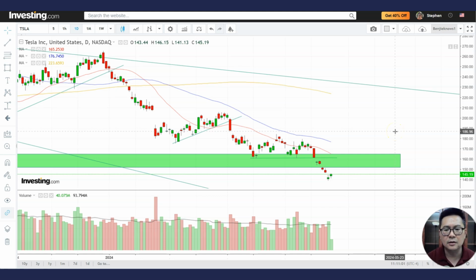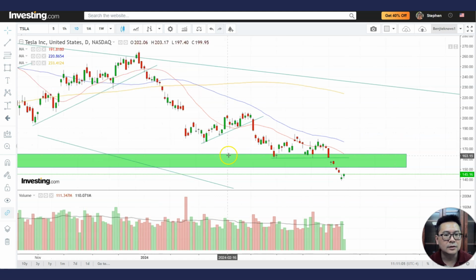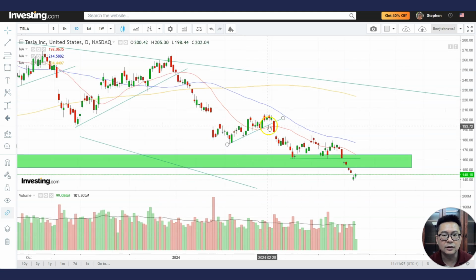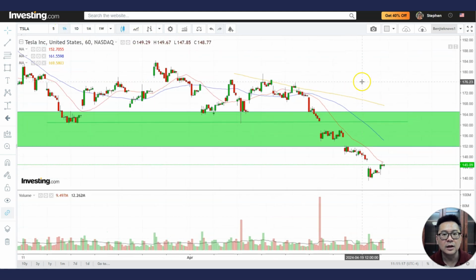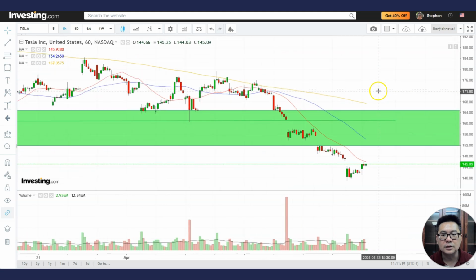Yes, you can buy it for short-term trades, or you can just short the stock, like here you can short it, the breakdown you can short it and cover later, but definitely don't buy it for investment purposes. Now going to the very short term, this 60-minute chart is below the 60-minute 200 MA, 50 MA and 20 MA,